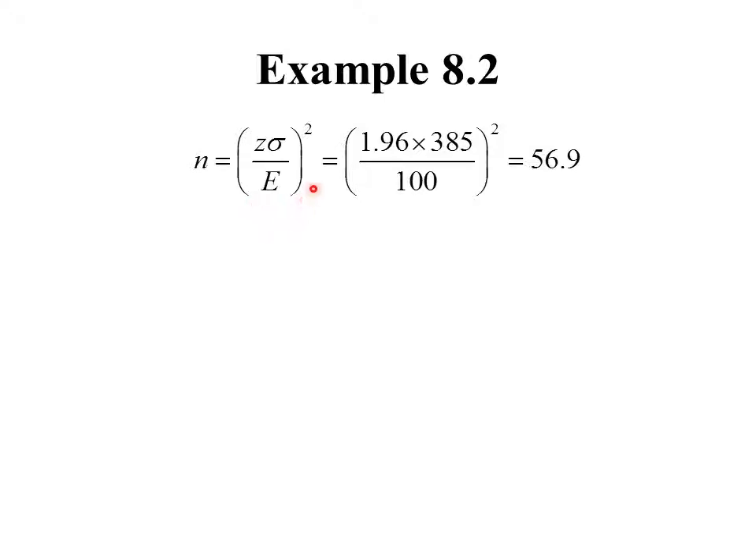So here's our formula for the necessary sample size. The z is our critical z value at the 95% level. It's 1.96. Sigma is 385, as we just saw. The desired margin of error was 100. We square that, we do that arithmetic, and we get about 57. So that means we would need to enroll about 57 women. Now when we calculate sample size, we always round it up,